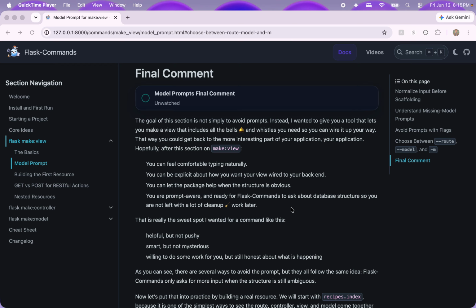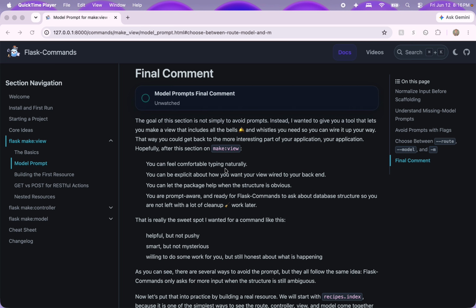I want you to walk away from this section feeling really in charge, that you have the ability to come to a Flask application and have Flask commands installed on your machine so that you can write flask make view and feel natural with the options available to you, whether you're wiring up the route, the controller, and the model,